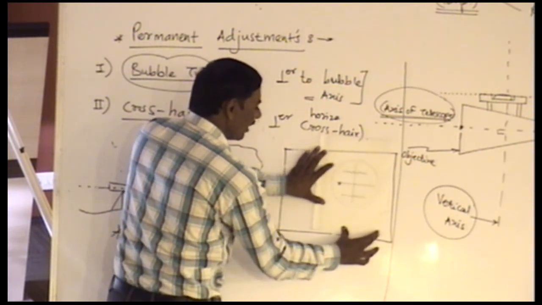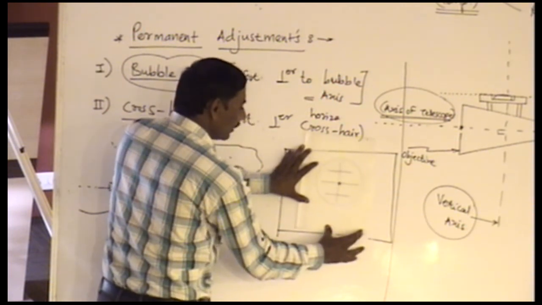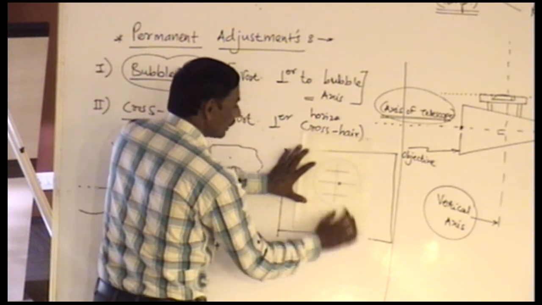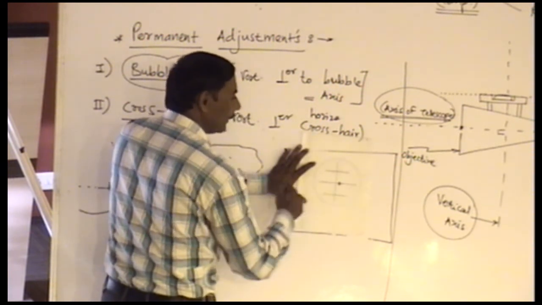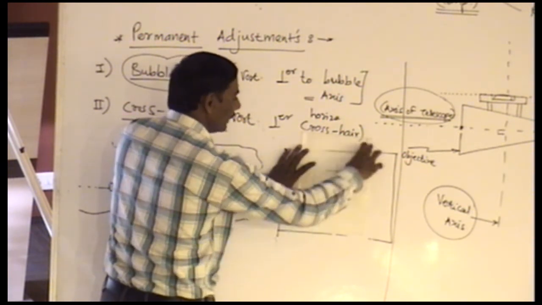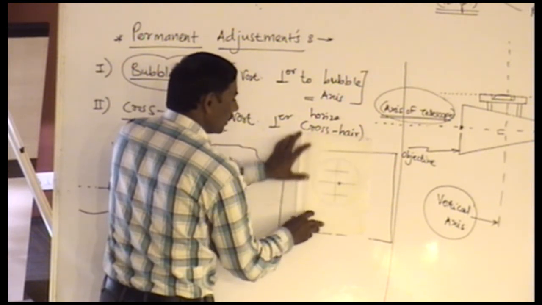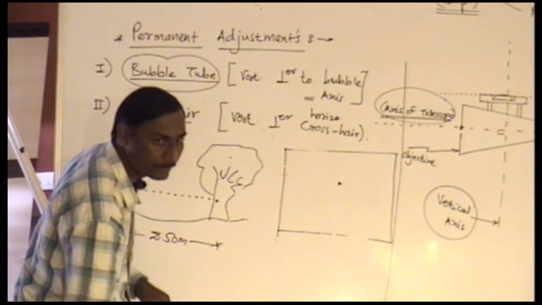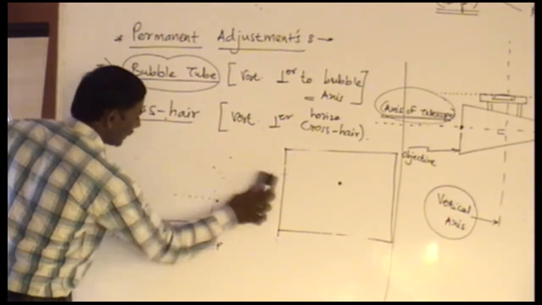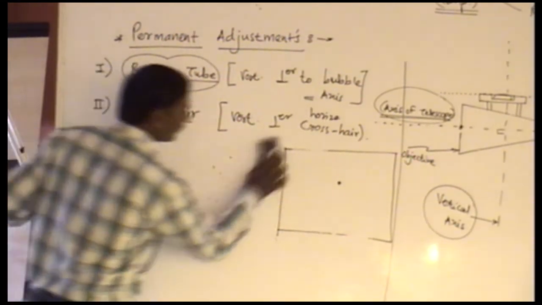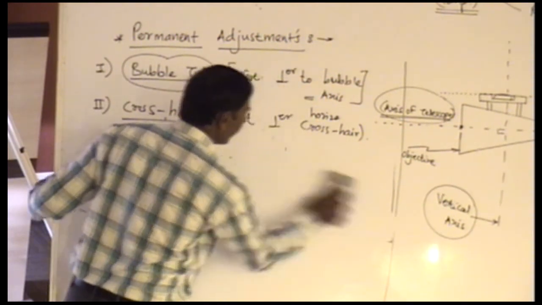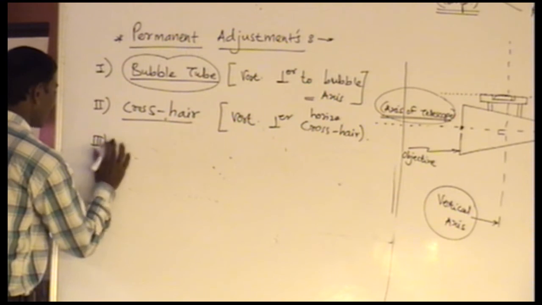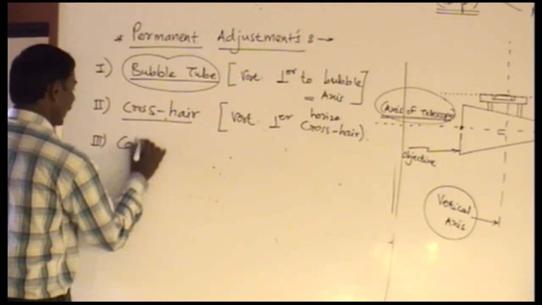This is to be turned, and it is to be turned again by tangent screw. You check whether that dot is moving on the line. So that is done again with the capstan screws by loosening. So this adjustment is called crosshair adjustment. Of course, this is the second permanent adjustment, whereas the third one is called adjustment for collimation line.